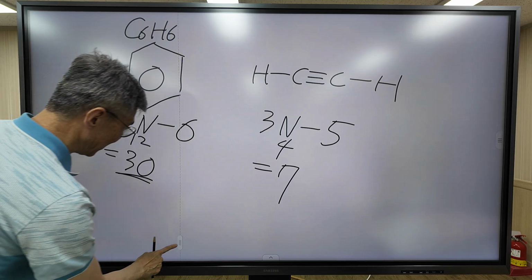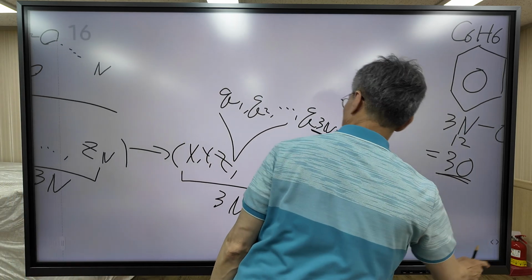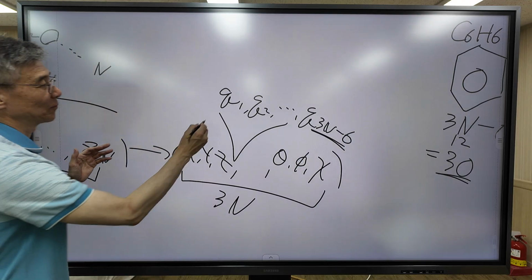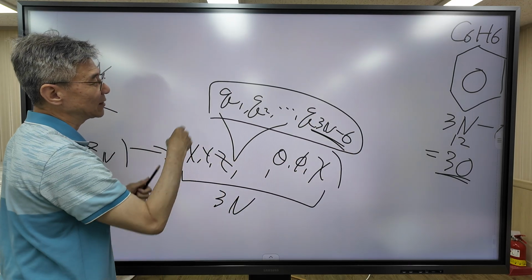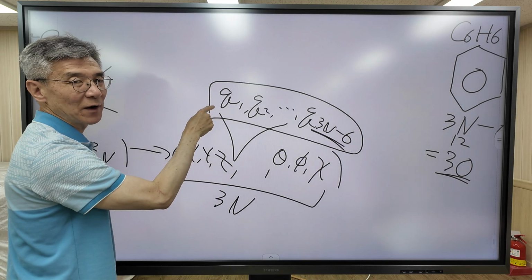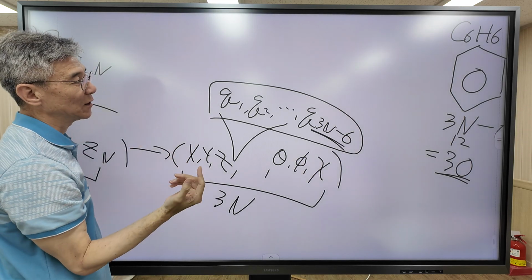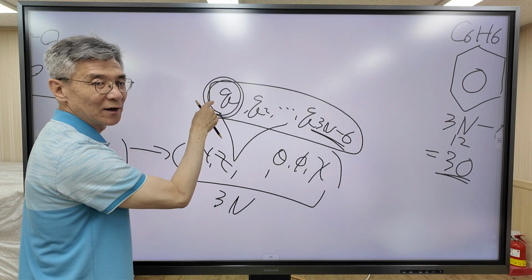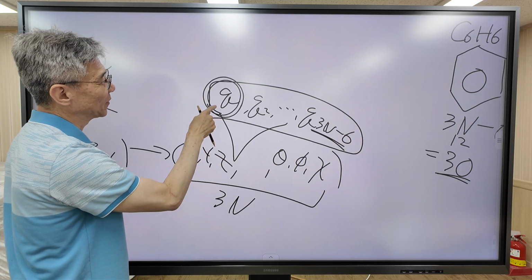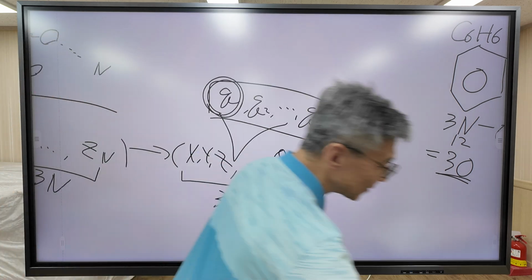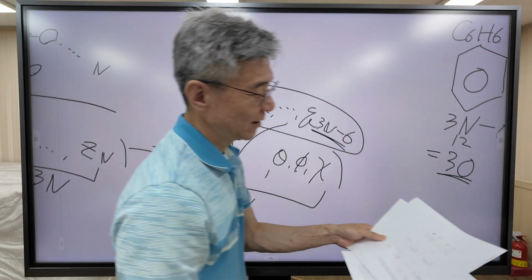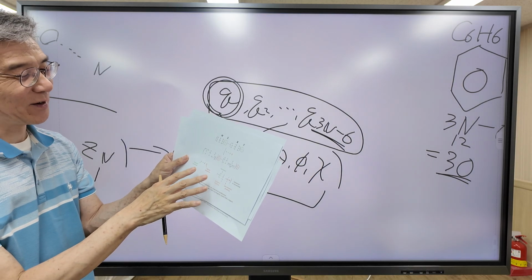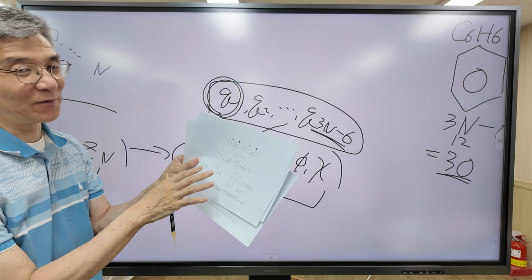Next time, we are going to study this one. What is specifically Q? Q is the vibrational coordinate. Next class, we are going to derive the formula for Q. This is the topic for next class. It is explained in the handout. It is more involved, a mathematical formula appears, so it is a little bit involved.